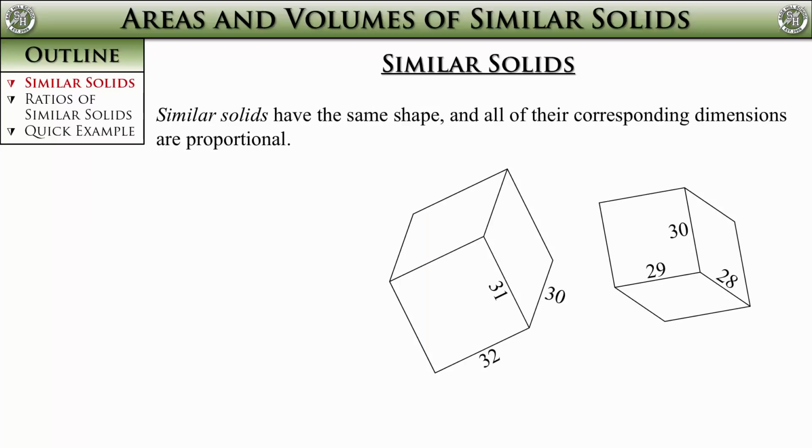The examples so far have been easy to match up the dimensions because they've been oriented the same way. But what happens if you have something like this, where it isn't as obvious which corresponds with which? In cases like this, you always simply match up smallest to smallest, which in this case would be 30 and 28. Then match up the 2 medium values, 31 and 29. And finally the 2 largest values, 32 and 30. Even with screwy orientation, if you put smallest to smallest, medium to medium, and largest to largest, you should match up the corresponding pieces correctly. Here the fractions do not reduce down to the same thing, so we know for sure that these are not